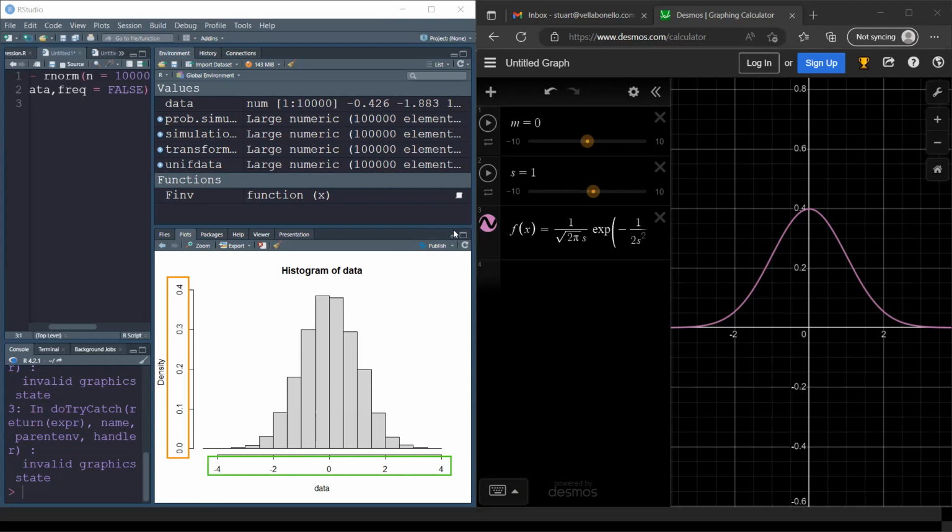You can think of this as sort of, I don't know if you ever heard of the word empirical. Empirical is just, you know, hard evidence. Whereas in Desmos, this is the theoretical. We've generated now in practice, and I am sharing the right thing. I hope you should be seeing R and Desmos side by side. In practice,